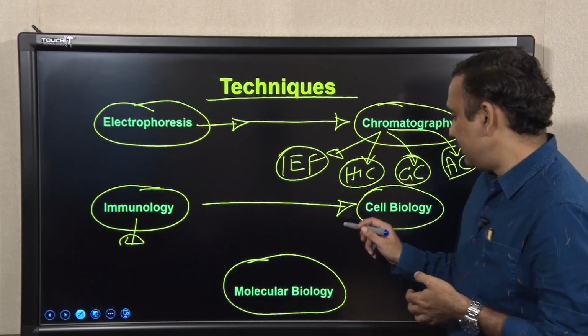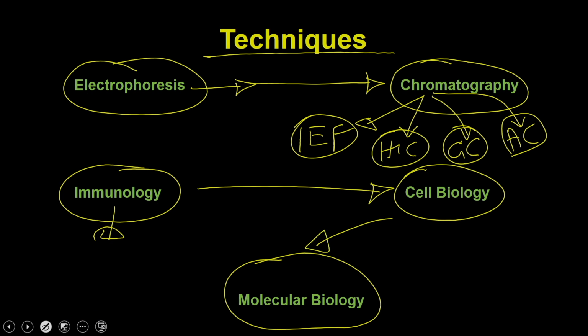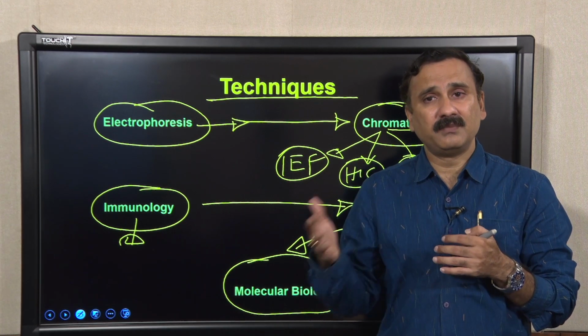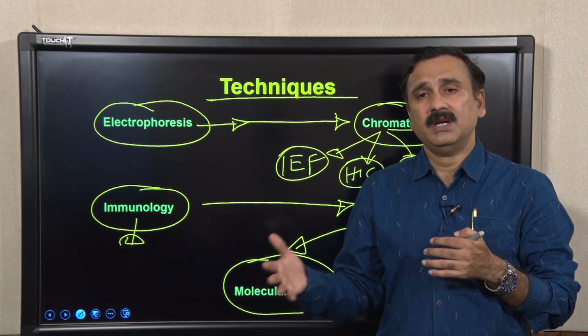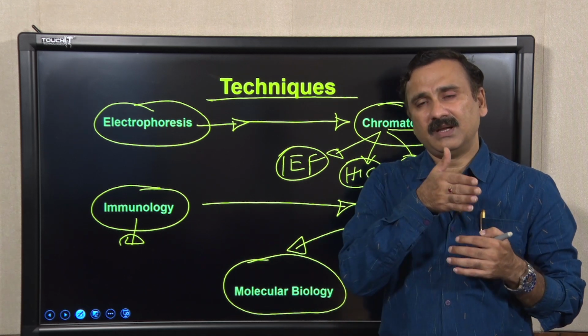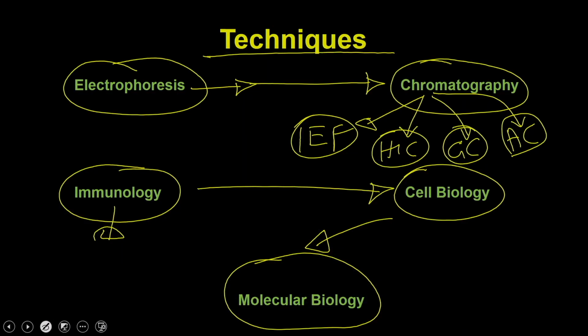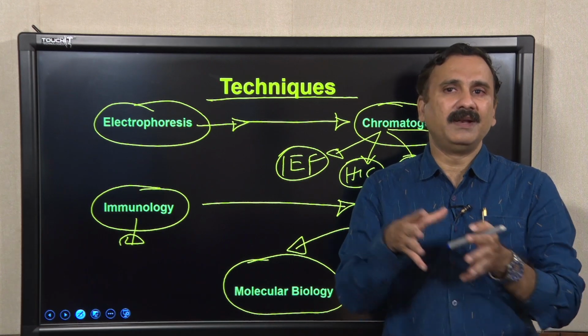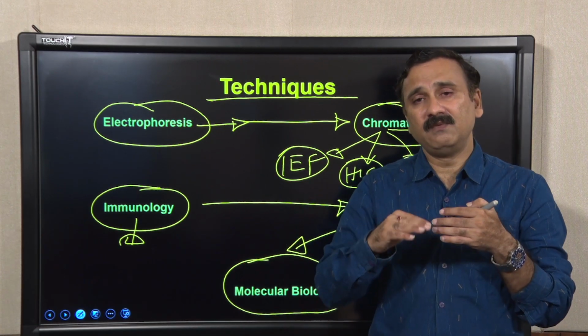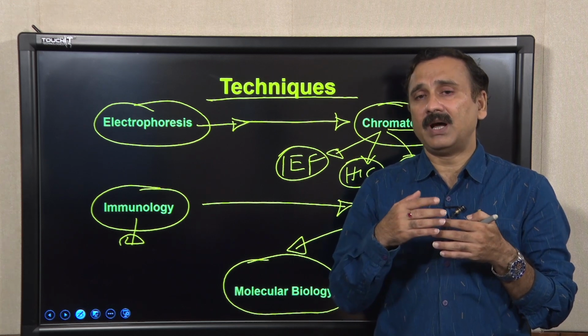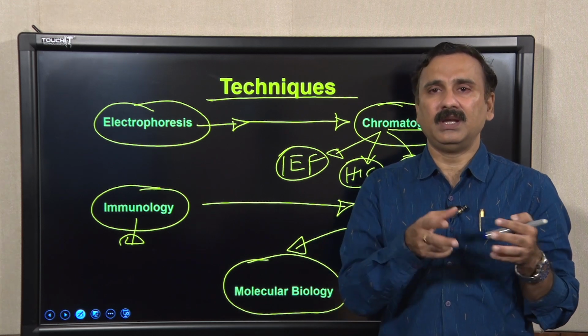So after that we directly jumped on to the molecular biology techniques. Within the molecular biology techniques we started with the very basic, the polymerase chain reaction, and we discussed the PCR, how the technique was developed. The idea of discussing the development of a particular technique from a very crude status to a very refined level is that it gives you an idea how people develop a technique when they go through different stages.